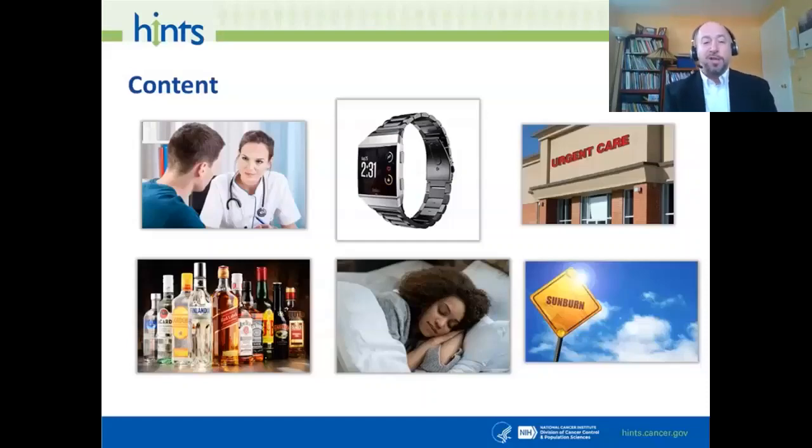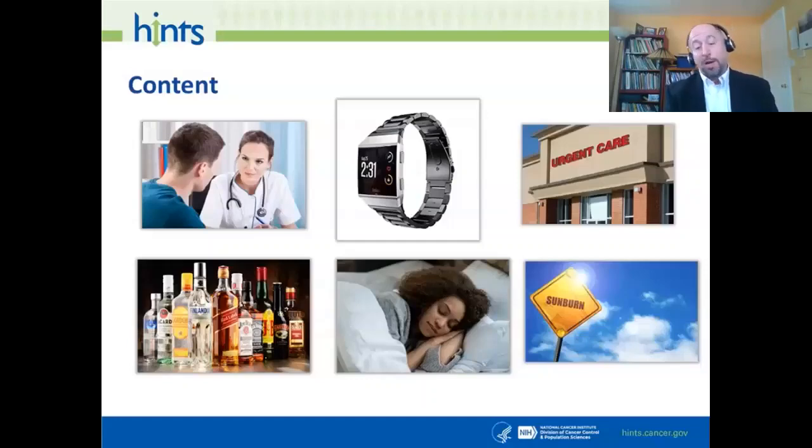And I can tell you for HINTS 5 Cycle 3, there was more of a focus on looking for information on health or medical topics. And then we typically go back and forth where we drill down between health and medical topics versus cancer. But we always ask in every iteration if you ever look for cancer information. But again, for this iteration, we just drill down a little more on looking for health or medical information.